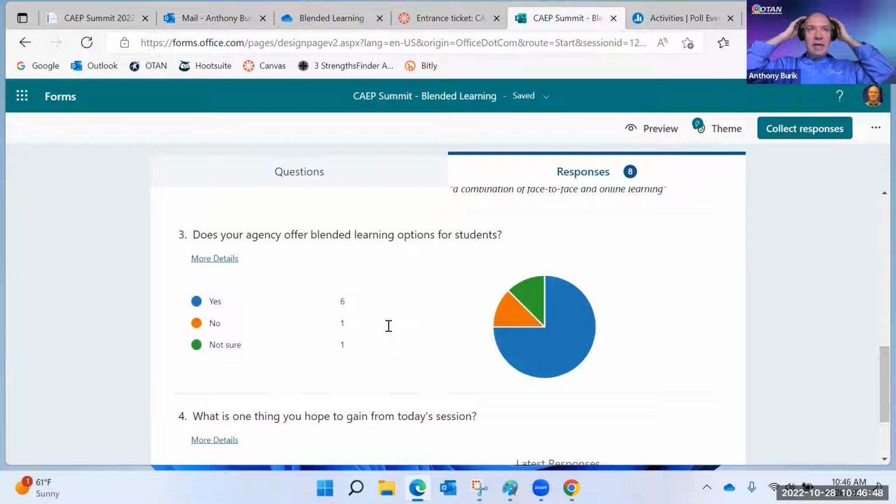But what I'm trying to suggest and encourage you to explore is really thinking about, okay, let's take what we've been learning the past couple of years and figure out how to keep that as a part of what we're offering at our school sites for our students, right? Ultimately, we want to benefit our students. We want to give our students options. And in my opinion, blended learning provides options for a wider range of students than if we were only in person or only online, okay? I will try to stay off the soapbox, but I have a lot of opinions about this. So